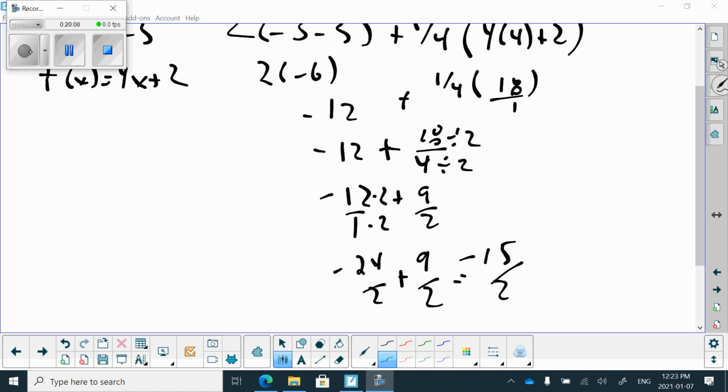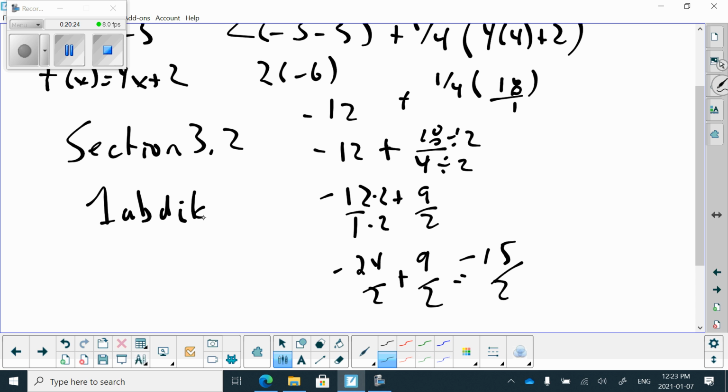Any questions? Okay. In your duotang, there's a sheet called section 3.2. One A B E I K M O, 3 A C E G